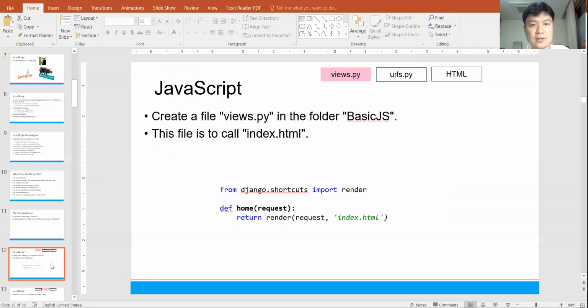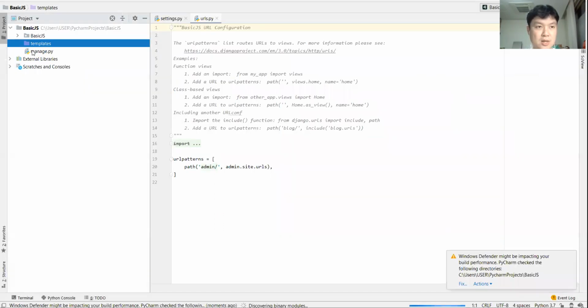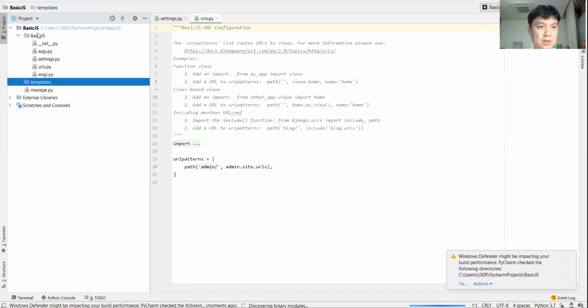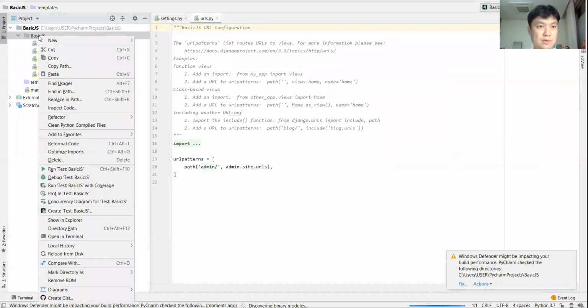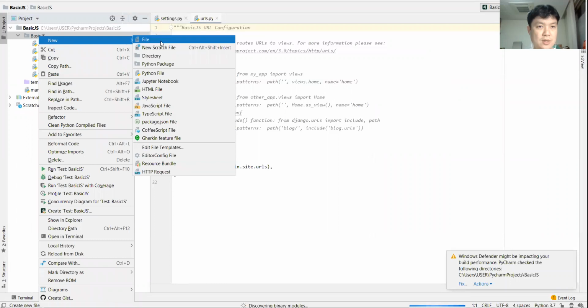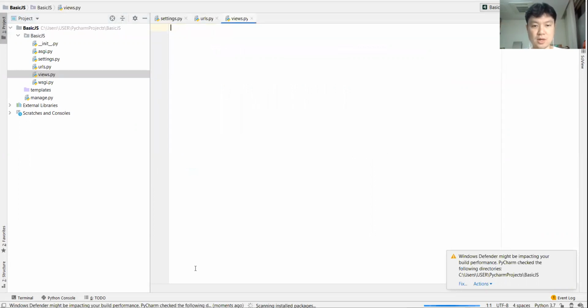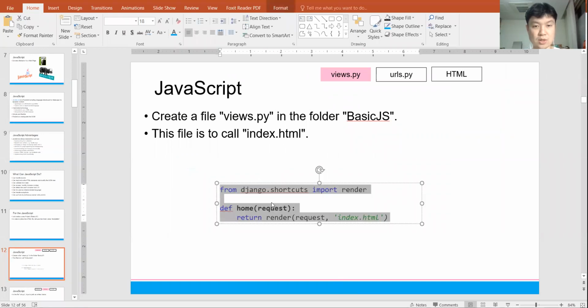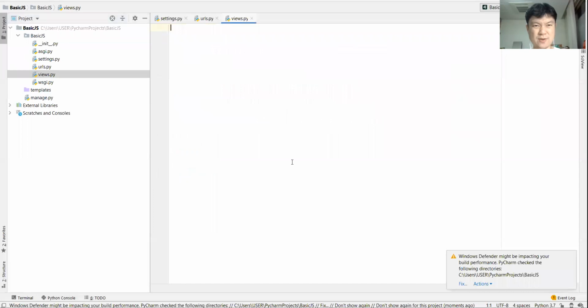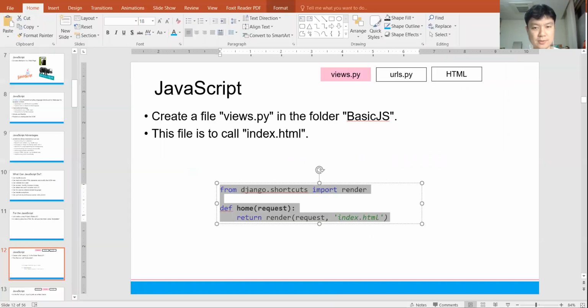For the next, I need to create views. Okay, so we need to have a views.py. In this case, there is no view, so let's just make a new file, and it is the Python file views. And then in the views, we want to put the code here. Okay, so I will just have a very simple one. I will have one index.html,